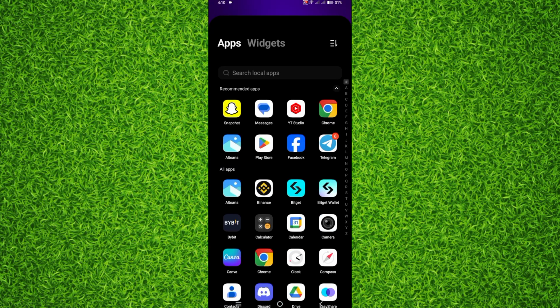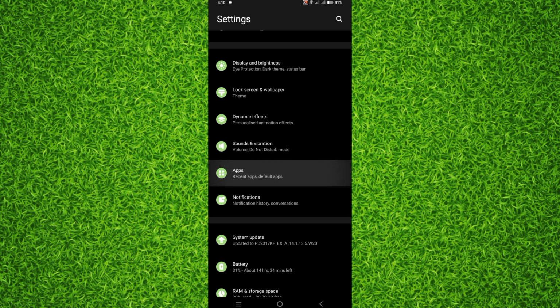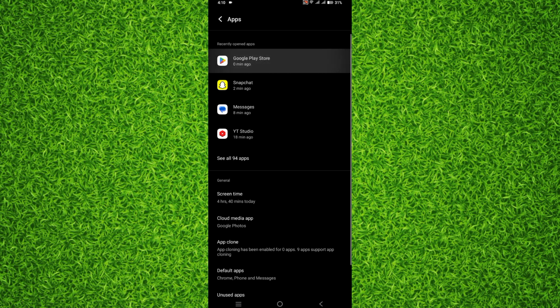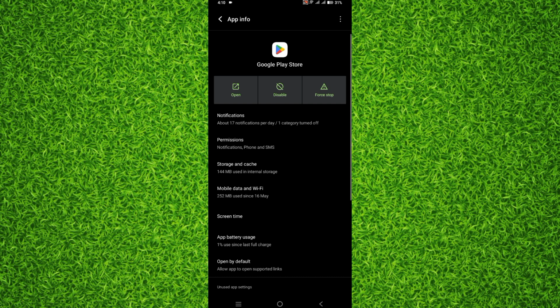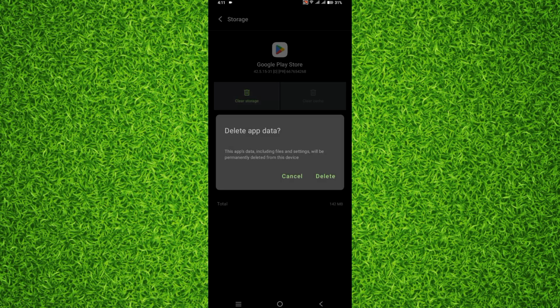So to fix it, you'll have to navigate to the settings of your Android, and then scroll down and tap on the app section, and then click on Google Play Store. Now once you're on this page, first of all you'll have to click on force stop and then click on OK, then go to storage and cache, then clear cache, and then at the last click on clear storage and